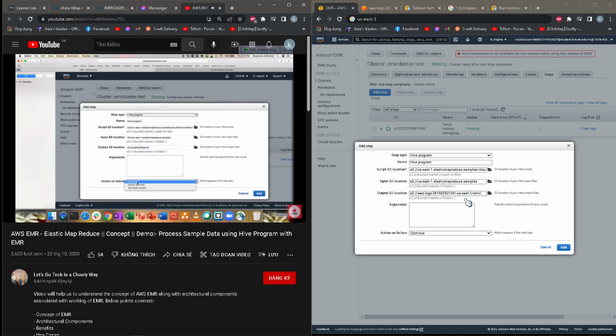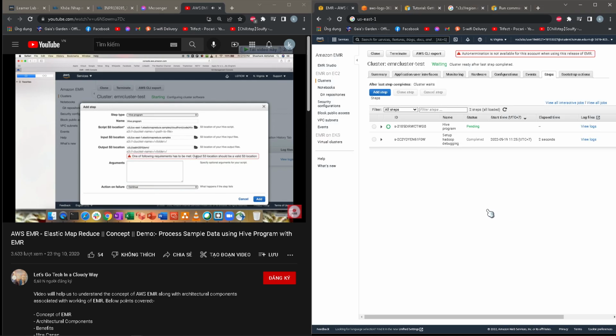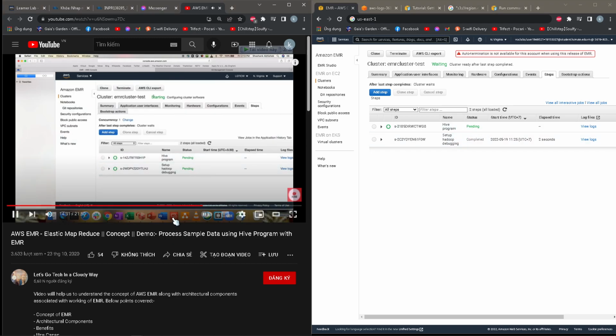Action on failure: continue, cancel and wait, or terminate the cluster. So we have these three options. I'm going to choose continue. It will give me all the details of what we'll have. Click add. One of the following requires the output S3 bucket to be a valid location. Okay. Add. Perfect. So as you can see,